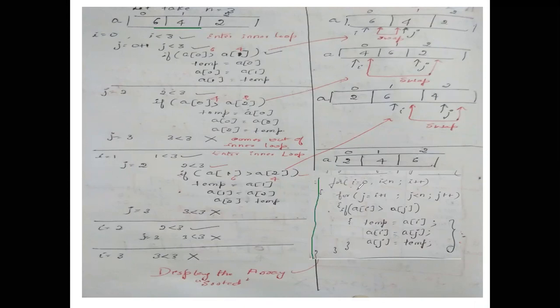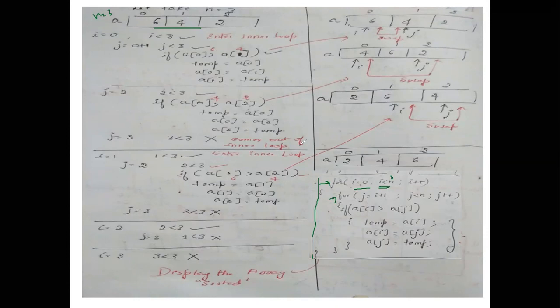Okay, so i is equal to 0. We are taking 2 loops here, the outer loop and the inner loop. This outer loop will be pointing to the elements of the array. How many elements can you have? I have taken an example with 3 elements, n is equal to 3. So i can take the value maximum less than 3. So it can take 0, 1, 2.